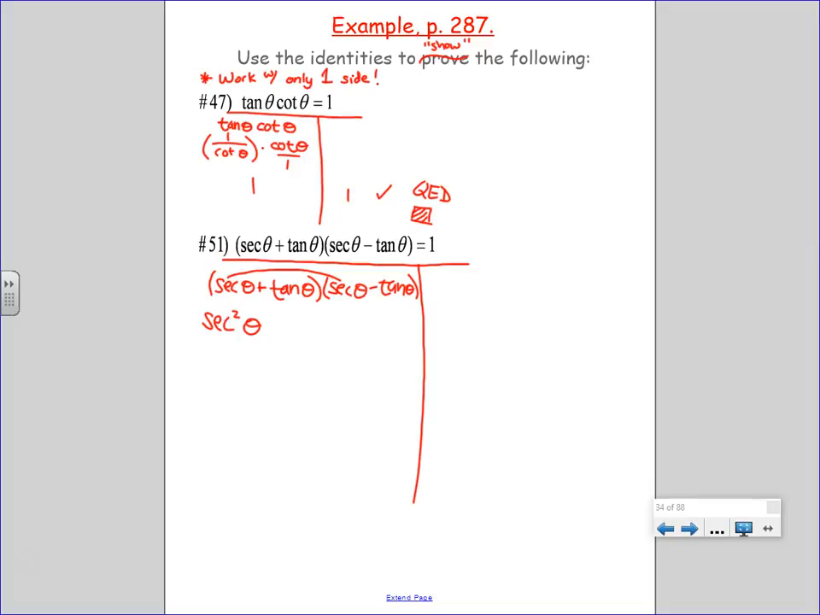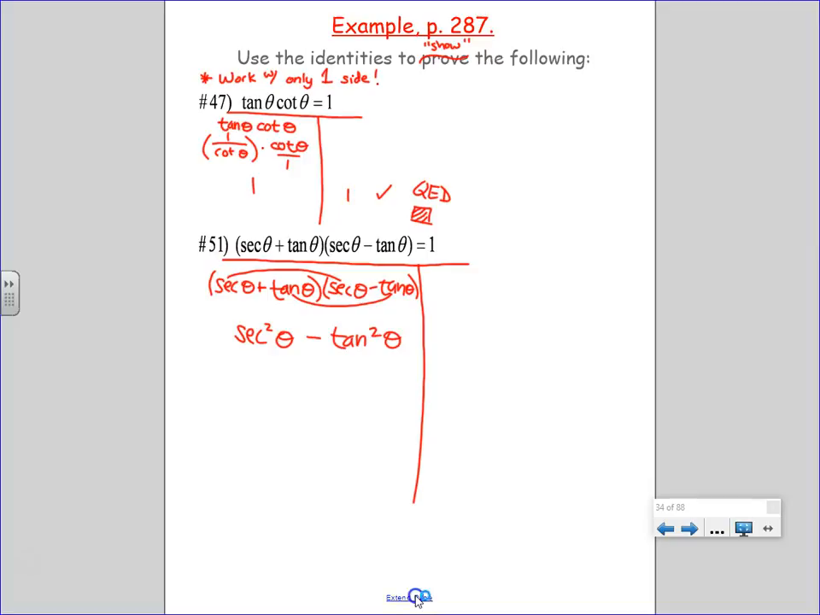I could do outer and inner, negative secant tangent, positive secant tangent, but they're going to cancel anyway. So let's just do last. The positive times the negative is a negative. So secant squared theta minus tangent squared theta is